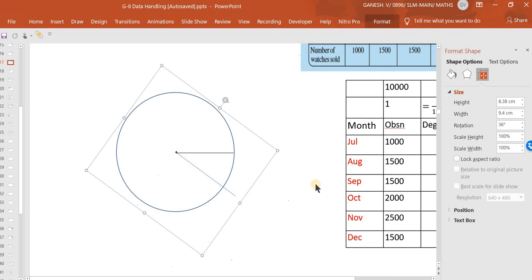Now it is horizontal, because this angle itself will show you that the black line is now at 36 degree, since this axis is at 36 degree with this axis. So I have rotated it by 36.